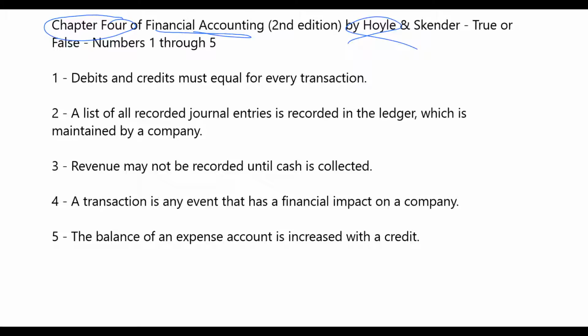And what I really want to do today is go through the true and false questions at the end of the chapter. So my suggestion would be to stop this video and go do the 16 true false questions at the end of chapter 4, and then come back and see how I answer these questions